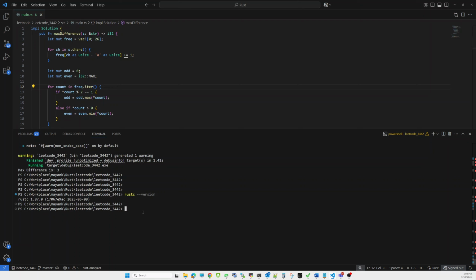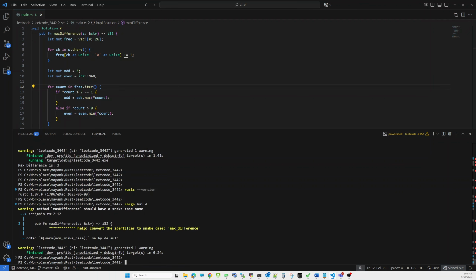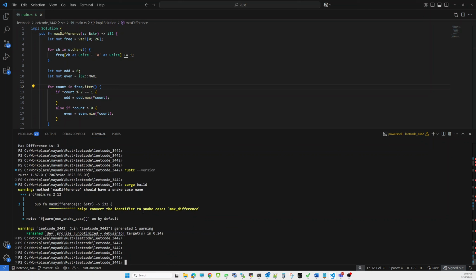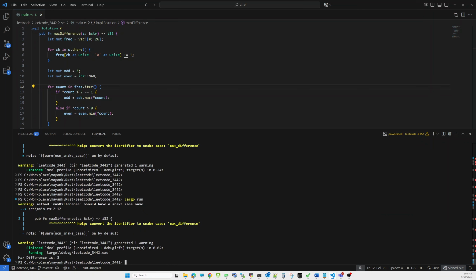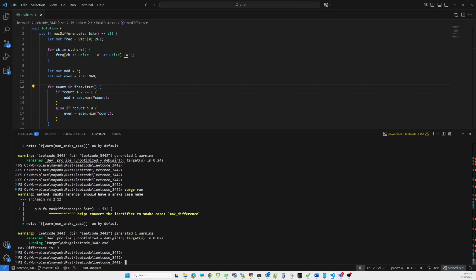Okay, and for building our code, what will be the command? See, cargo build, this one is the command. And for running the code, what will be the command? See, cargo run, this will be the basic command. So to create a new project, cargo new and the name of the project.